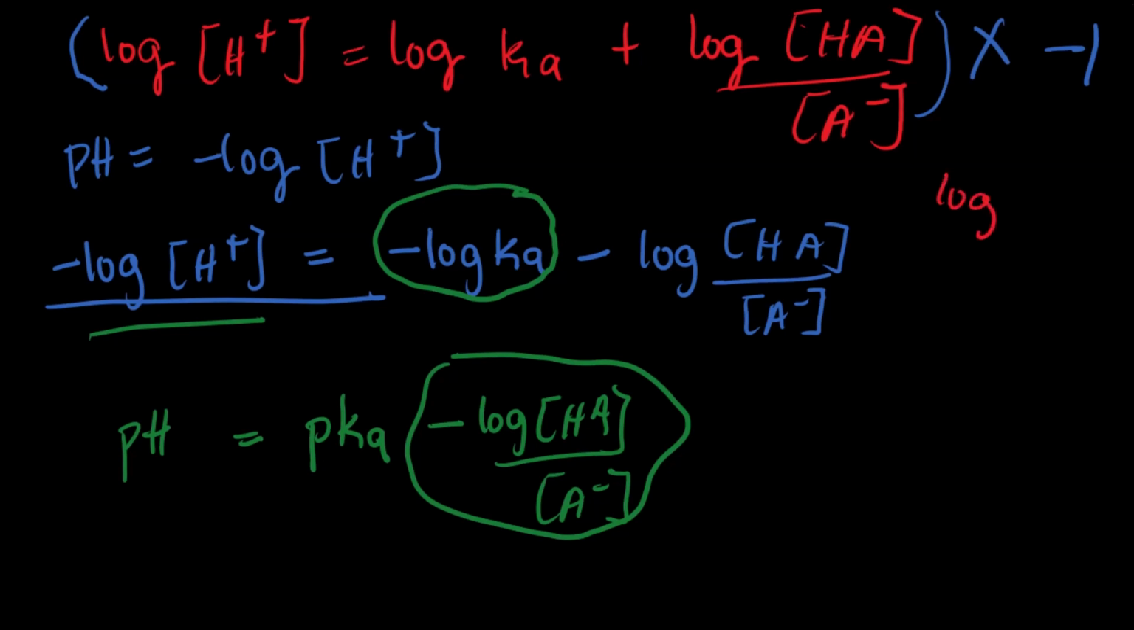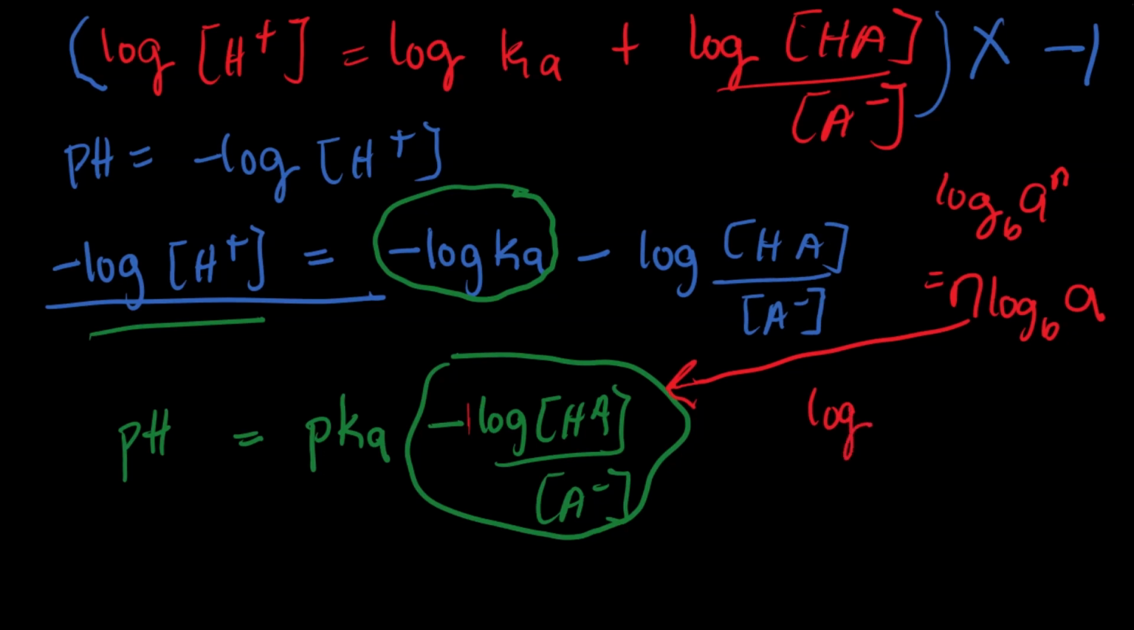Okay, so considering this expression, we know that logarithm to the base b of a raised to the power of n is equal to n logarithm to base b of a. Now comparing this to this, what we have is n here is actually represented by -1 on this side, so we have an invisible 1 here. So it means that we can actually rewrite this expression as